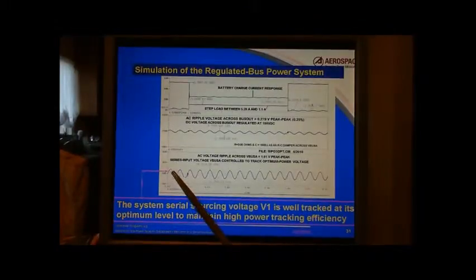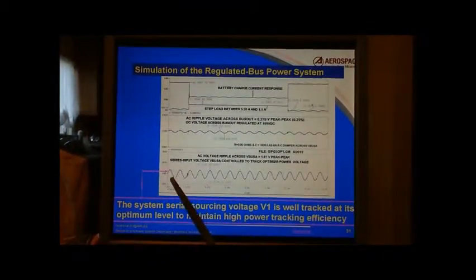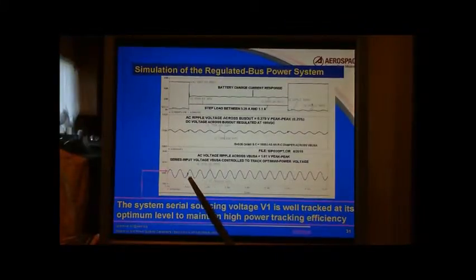The average voltage across the sourcing voltage is about 78 volts, with about 1 volt peak-to-peak ripple superimposed on it. This ripple is of low frequency and has a sinusoidal wave shape. This demonstrates that in peak power tracking operation, or MPT, this low frequency ripple is expected,